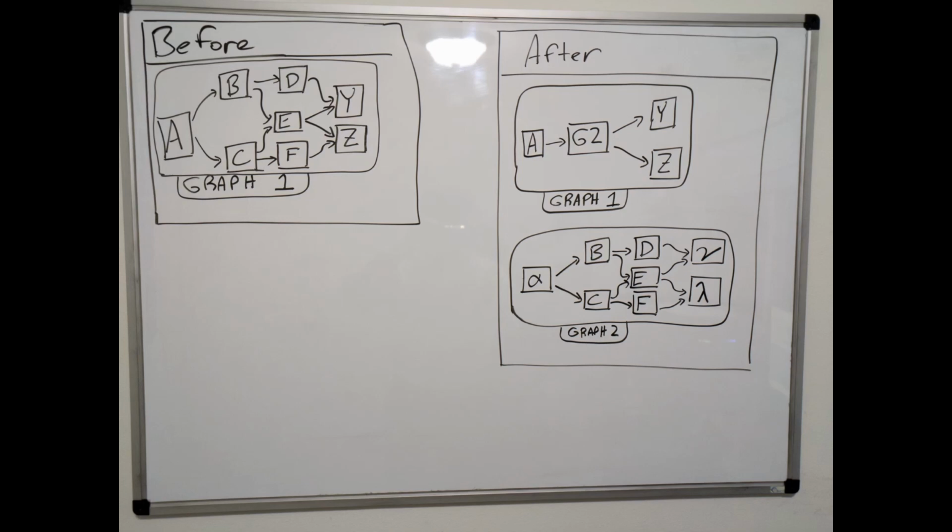Because I would still have to, say I had B, C, D, E, and F in graph 2, A, Y, and Z in graph 1, and then all of the edges that are those split edges, so the edges leaving A and the edges entering Y and Z, if they were stretched across both graphs, I would still end up having to delete them or pull A, Y, and Z over and then edit A, Y, and Z as well, right? Okay, so that's interesting. I think that suggests to me I don't actually want edges crossing graphs, even as an intermediate state. I don't know if that's a useful intermediate state, because